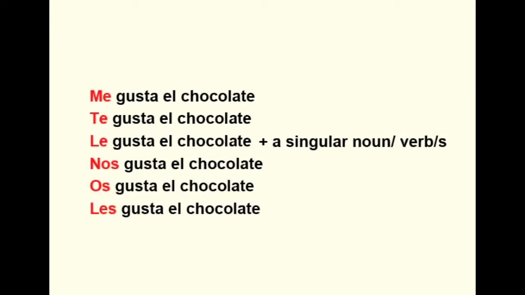The object pronouns here are me, te, le, nos, os, les. These are the indirect object pronouns. In another lesson, we will learn about the object pronouns, the direct and the indirect. For now, with the verb gustar, we will focus on these object pronouns. Another peculiarity of the Spanish language is it uses a lot of repetition, which is sometimes redundant, but sometimes it is essential to use to emphasize and to avoid confusion.